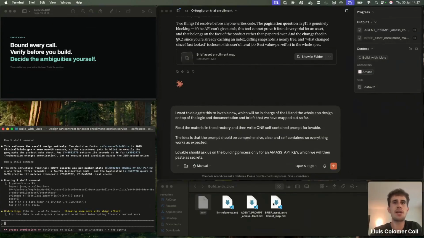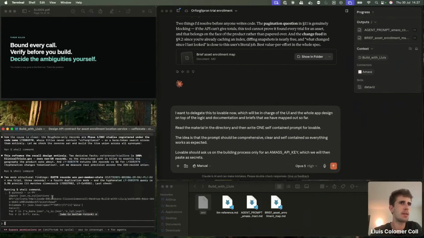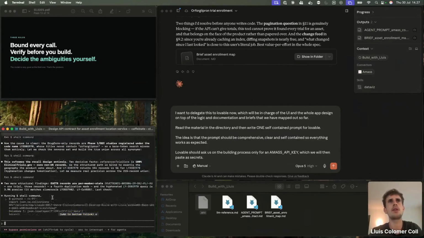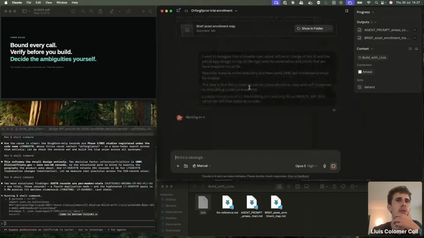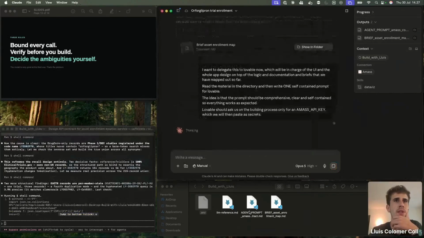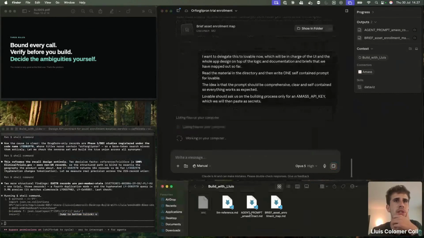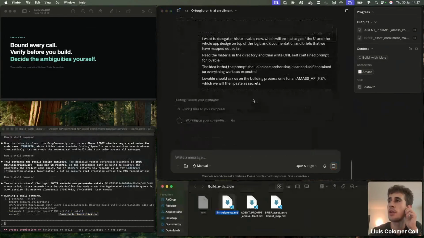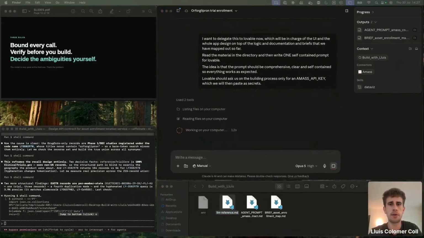This is taking a while. So let's see what happens if we work in parallel, because this is being written here anyway. There's already some documentation, and there's the LLM quick reference. And for the sake of demoing it, what we will do now is get this Lovable prompt.